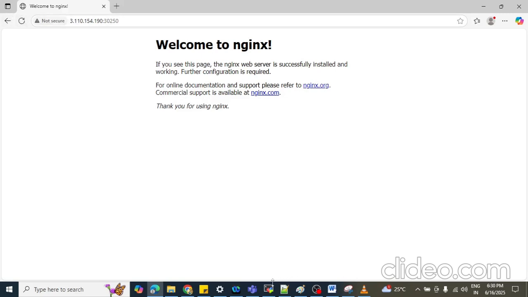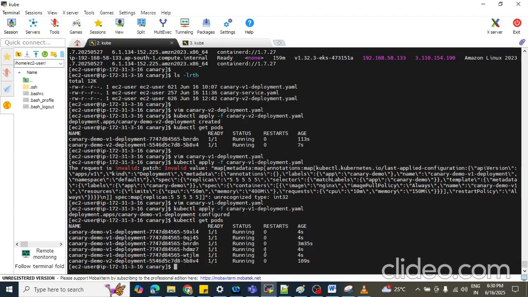What we can do, we are going to simply increase the version 2 count here.